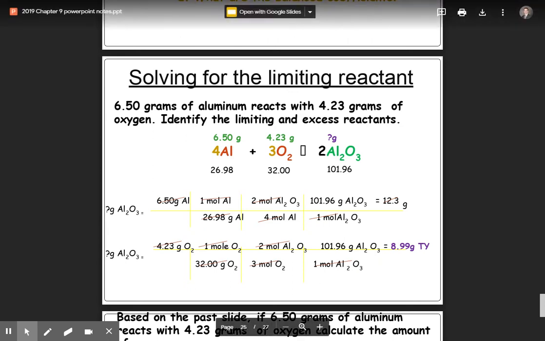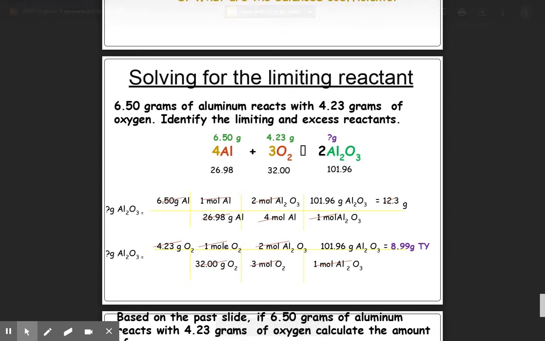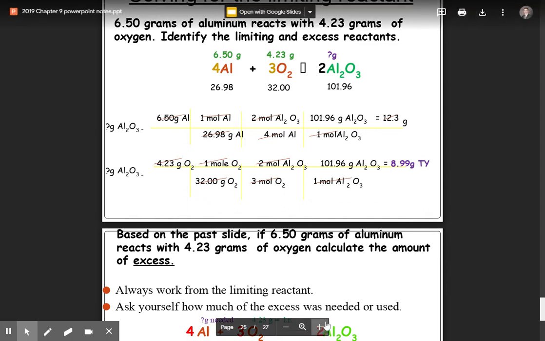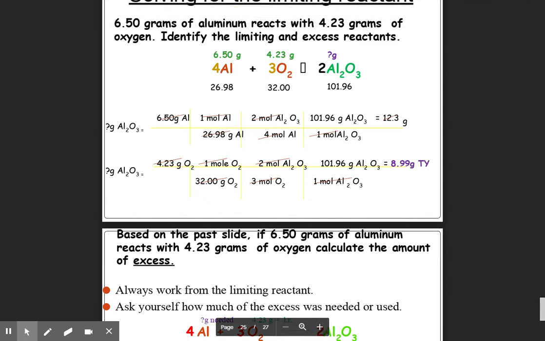So I use up all the oxygen, but there's going to be some aluminum left over. And I want to know how much aluminum is left over in this process. How much aluminum did I waste? So just like before, we have to go through, balance the reaction, and you need to know which is limiting, which is excess. Right? That is,